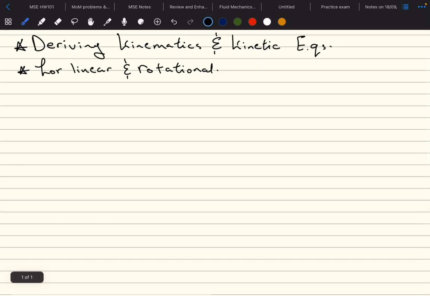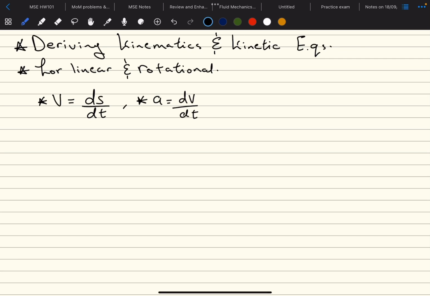Velocity is equal to ds over dt, which is change in displacement over change in time. That's number one. Number two, you need to know acceleration, which is dv over dt, which is change in velocity